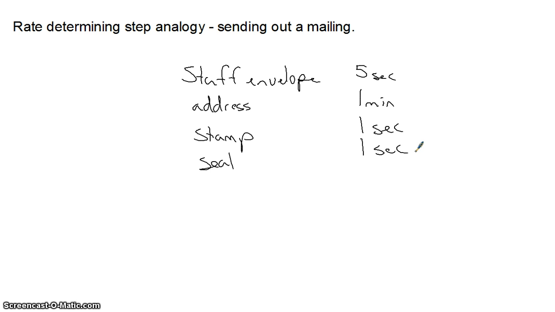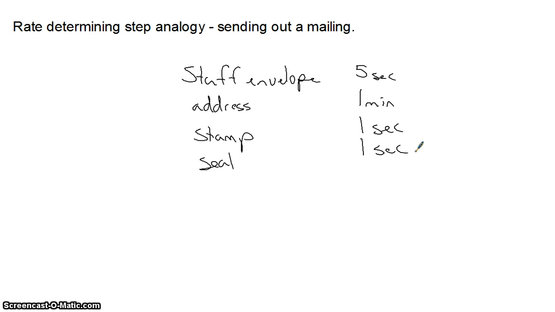because when I'm doing this mailing by myself, I have to stuff the envelope and then I have to address it. Okay? But let's say I had 4 people working on this mailing and one person was just stuffing the envelope, one person was just addressing, one person was just stamping it, one person was just sealing it. Then a bunch of envelopes will get stuffed in the time it takes to address it, and once the addressing's done, the stamp and the seal would go on right away,